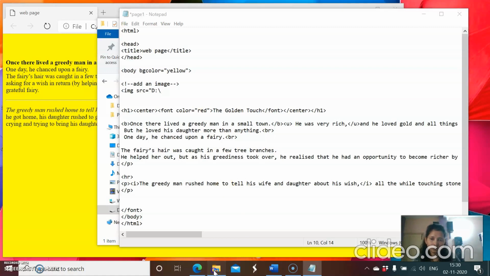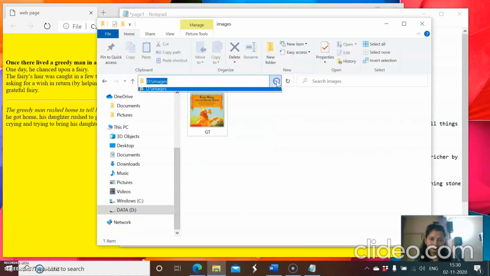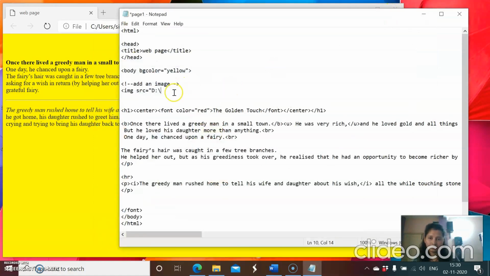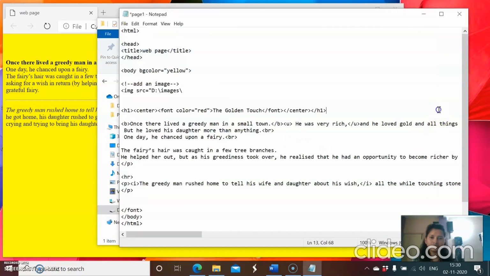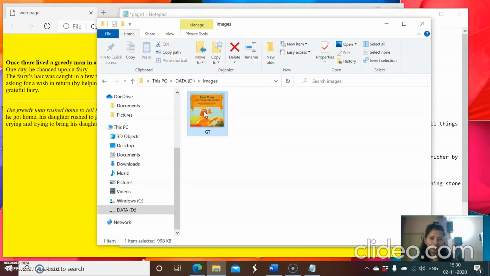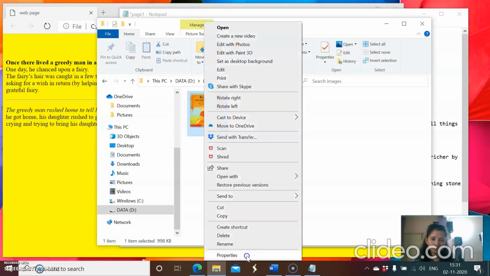I just need to write its location, like it's images. It's in D drive images and GT is the file name, so I'll write GT and you need to add the extension. I'll go in properties and I'll show you the extension.